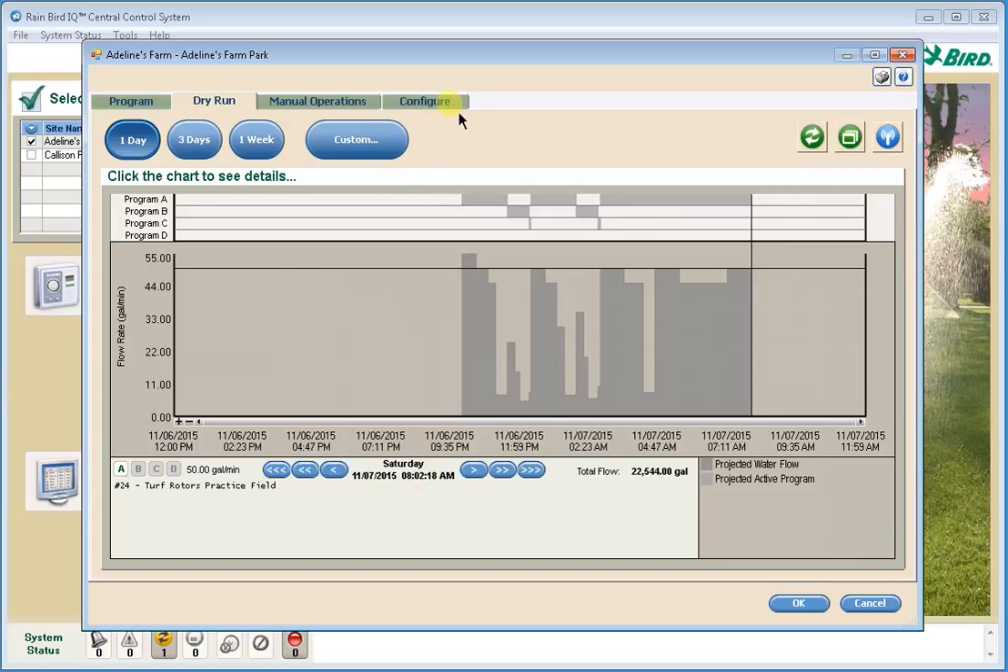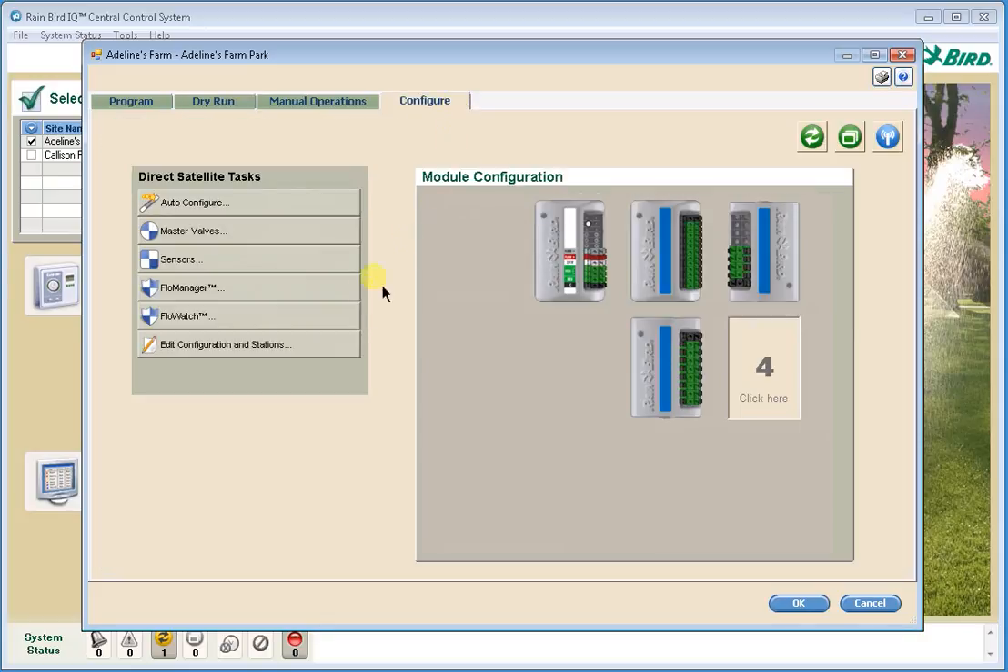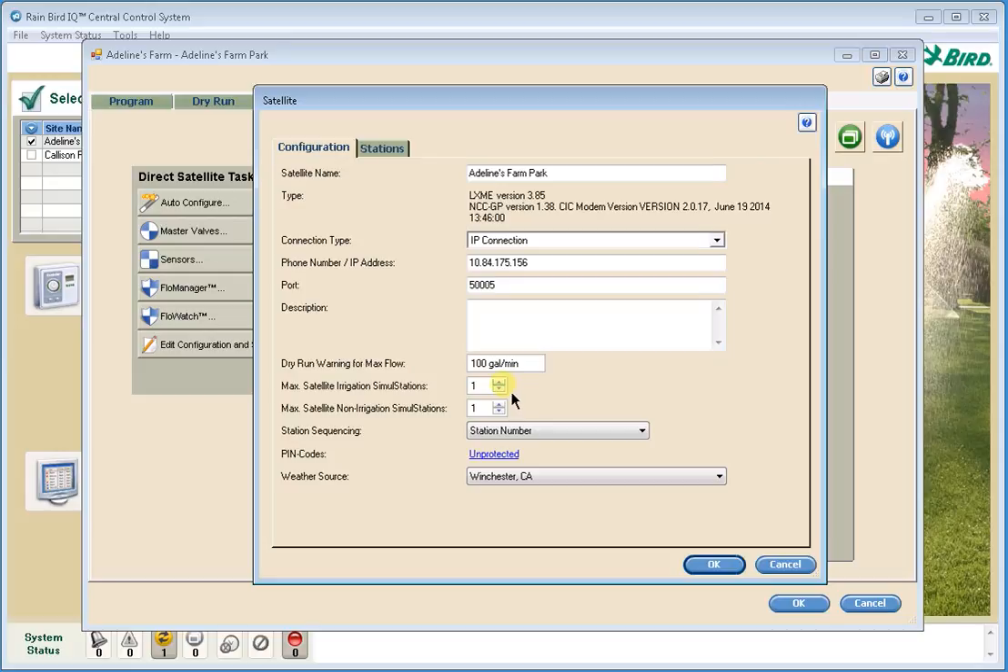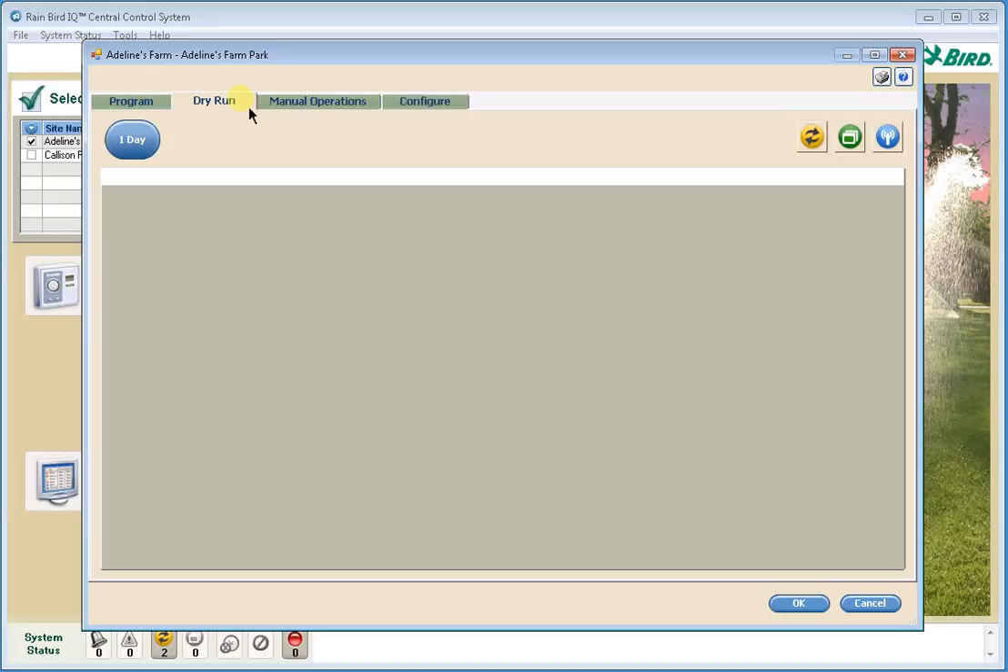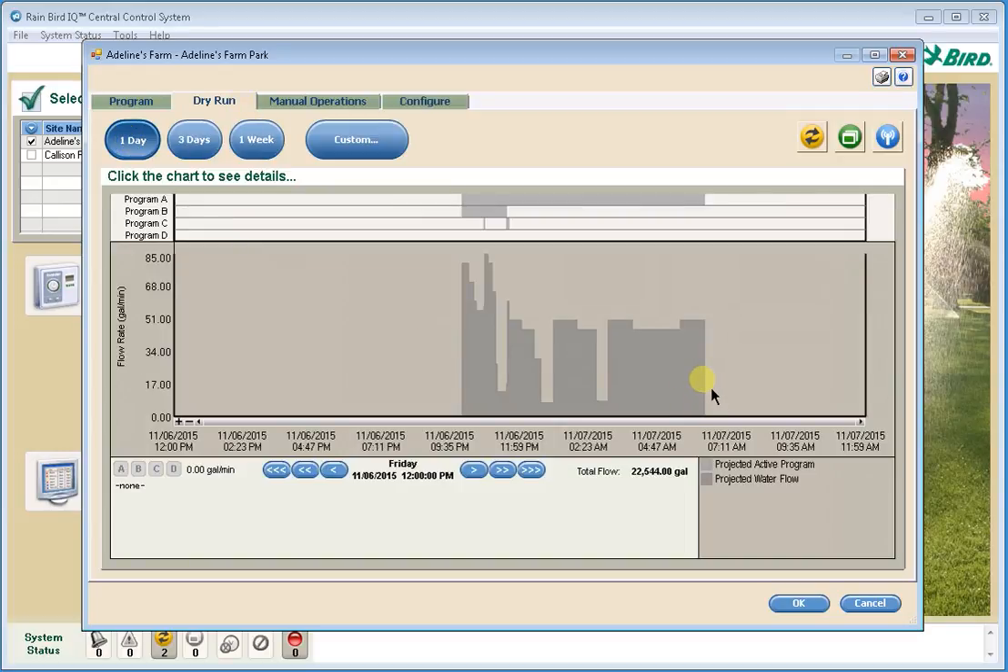So I'm going to go back to the configure tab, back to edit configuration and stations, and I'm going to modify the controller level SimulStations to 2. I'm going to hit OK, go back to the dry run and do my 1-day option, and now you can see that I'm finishing at 6:26 in the morning. Not quite